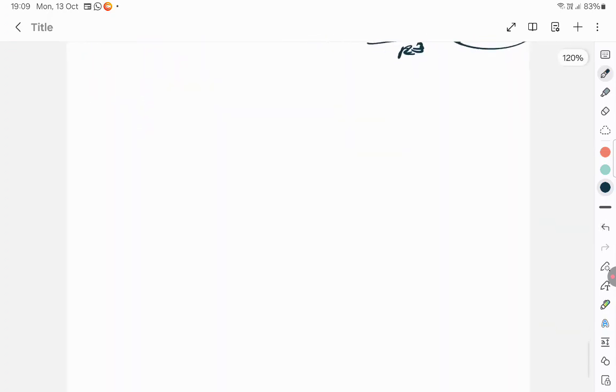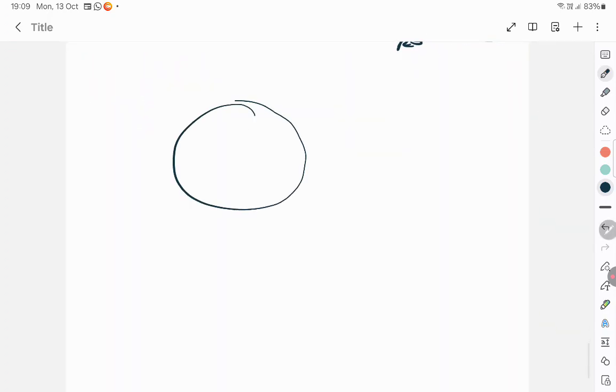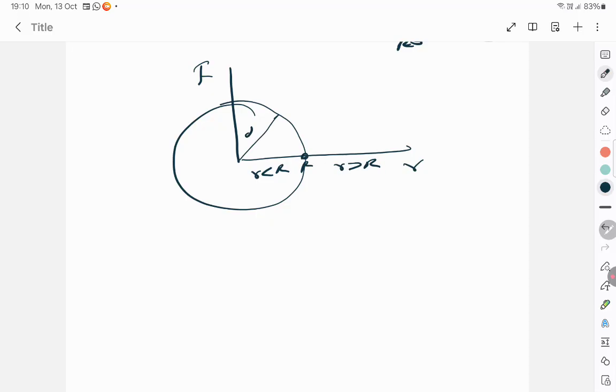And to write this, you have to draw a combined graph. This is the earth. We are plotting a graph between force and r. Inside, small r is less than capital R, and outside, small r is greater than capital R, where capital R is the radius. Here it is a linear straight line, directly proportional to r. Here it is inversely proportional to 1 by r square. Inversely proportional means the graph will be like this. So this is the graph.